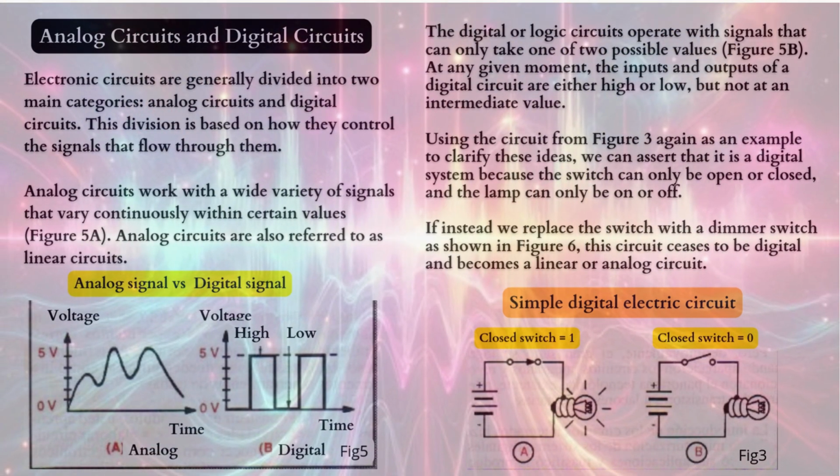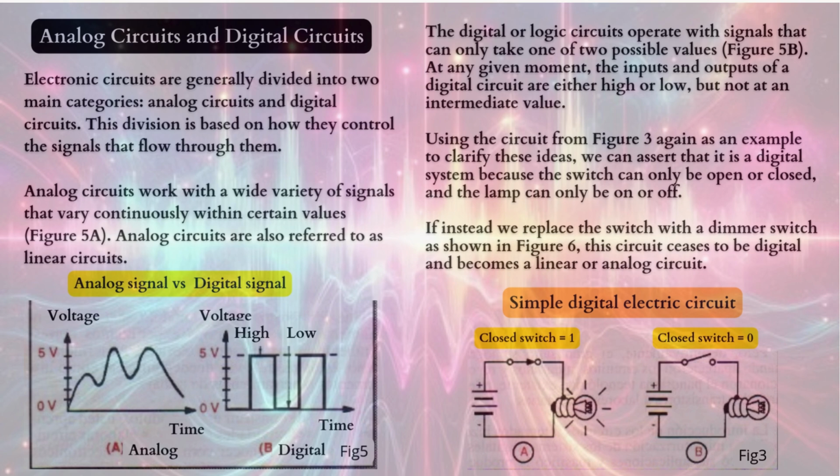Analog circuits and digital circuits. Electronic circuits are generally divided into two main categories: analog circuits and digital circuits. This division is based on how they control the signals that flow through them. Analog circuits work with a wide variety of signals that vary continuously within certain values, figure 5a. Analog circuits are also referred to as linear circuits. The digital or logic circuits operate with signals that can only take one of two possible values, figure 5b. At any given moment, the inputs and outputs of a digital circuit are either high or low, but not at